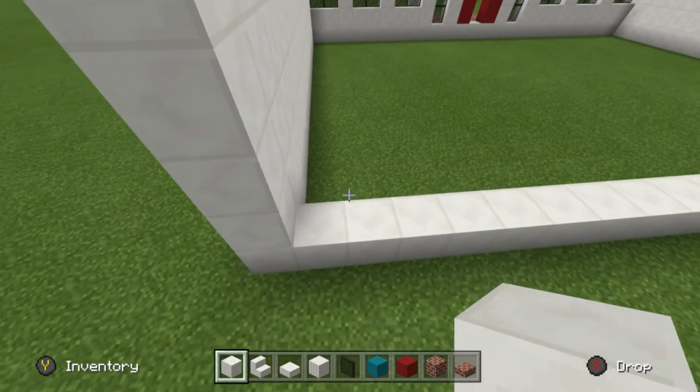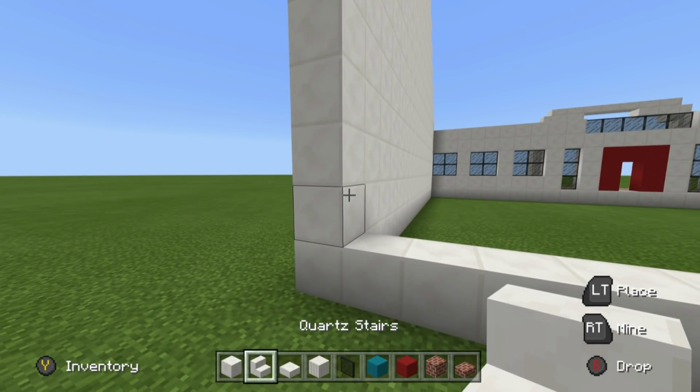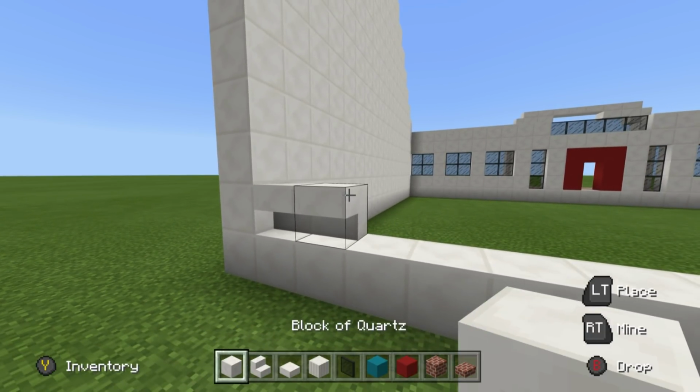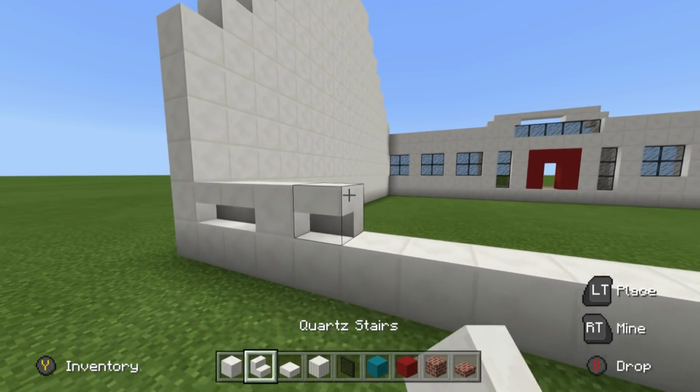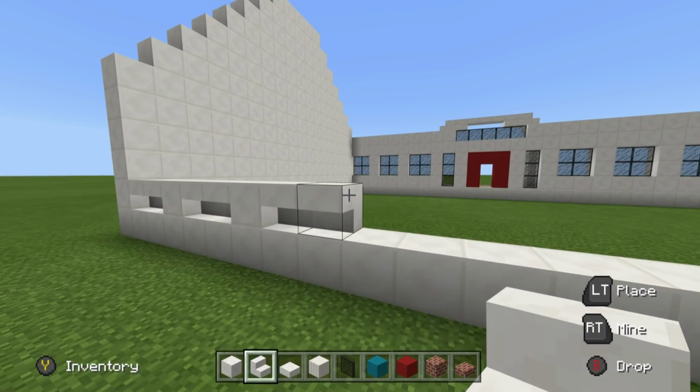Beginning on the left side, on top of the most leftist of blocks of quartz, I want you to place 2 upside down quartz stairs going right. 1, 2. Place a block of quartz, 2 upside down stairs. Block of quartz, 2 upside down stairs. This time,